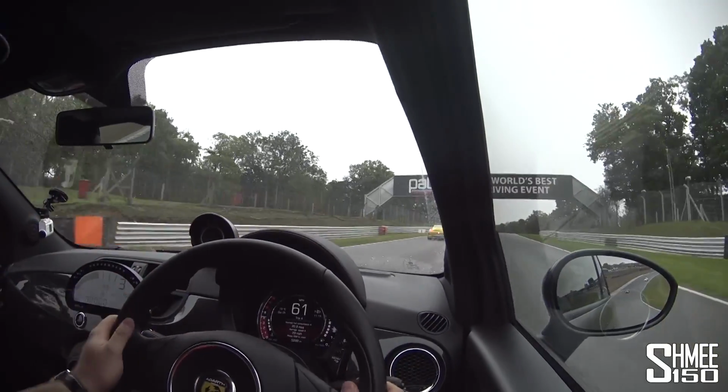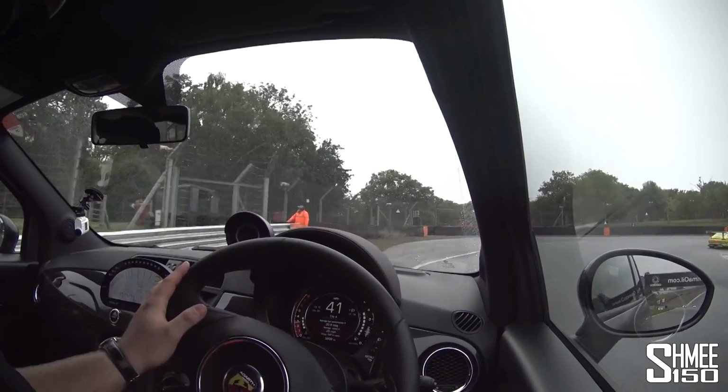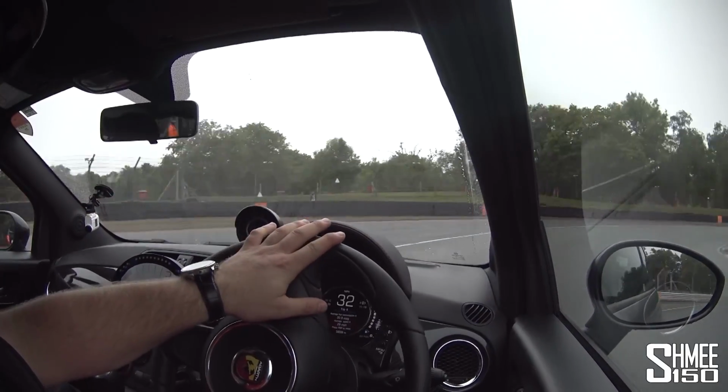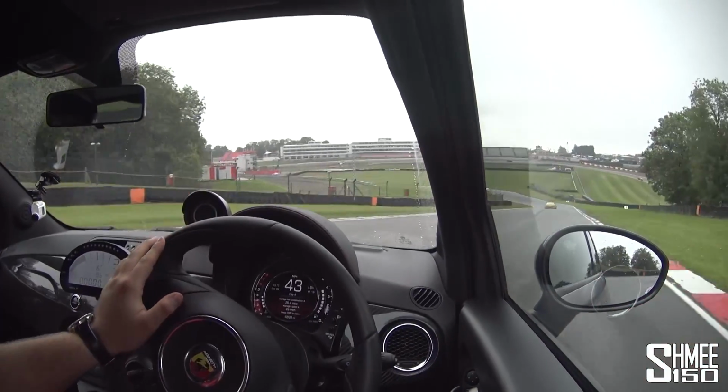So we just move over to the racing line. See, braking nice and firm. Being wet and greasy and horrible, it will be slippery, so we stay nice and wide on the way in, and then just pull it up to the apex point, and then straight in the middle, squeeze